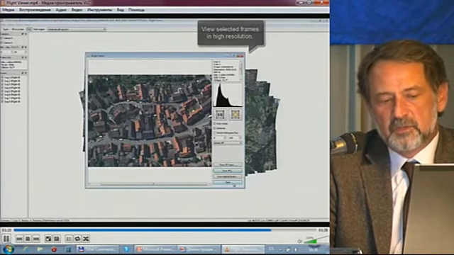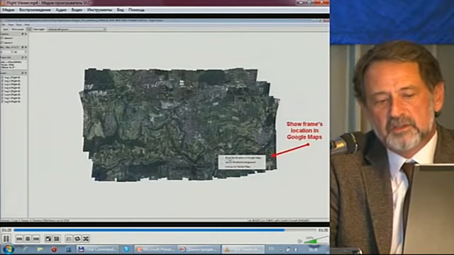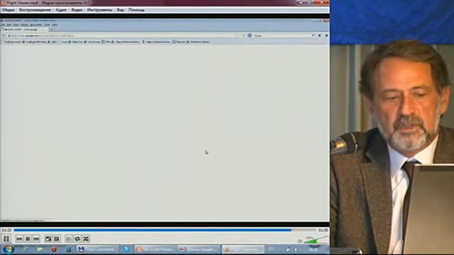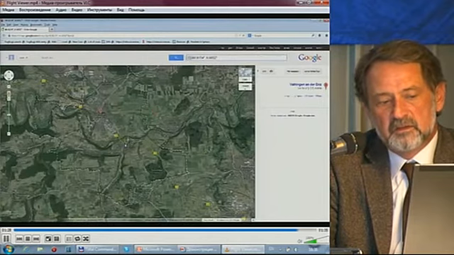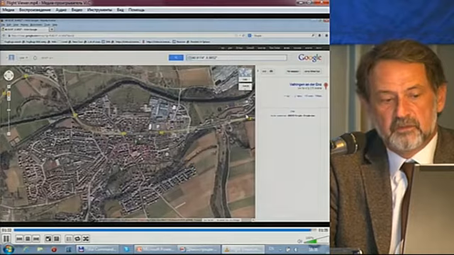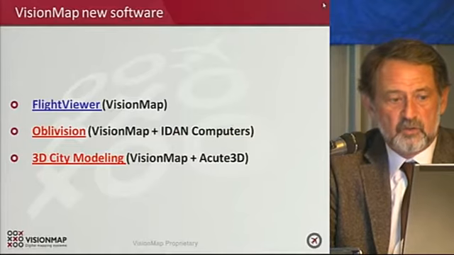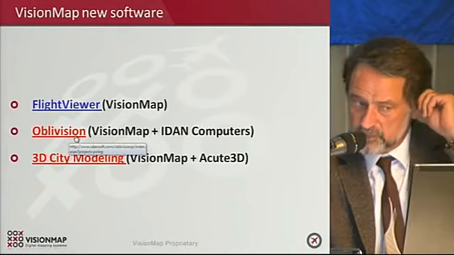You can see a histogram of images. You can mark any place. You can go to Google or Yandex and see what they have to offer for the same area. See where the project was done.